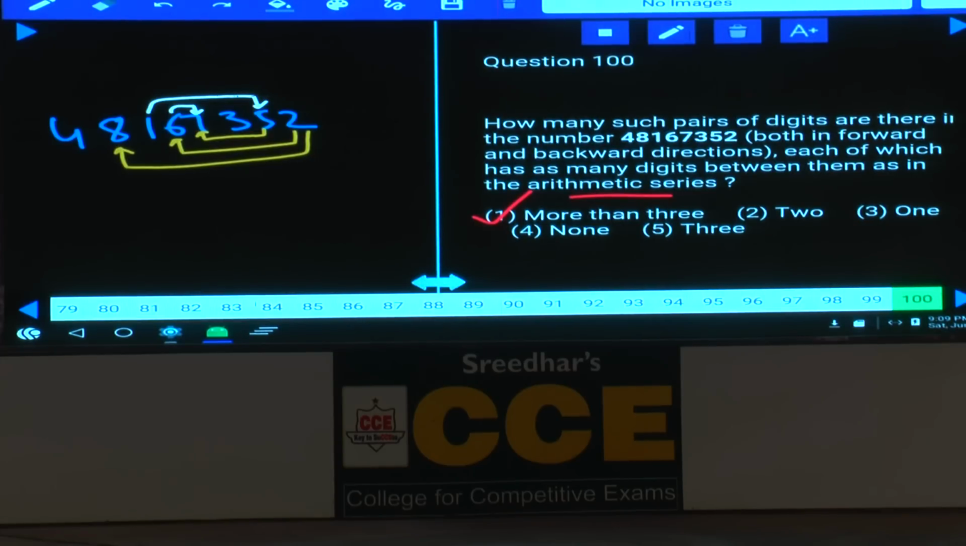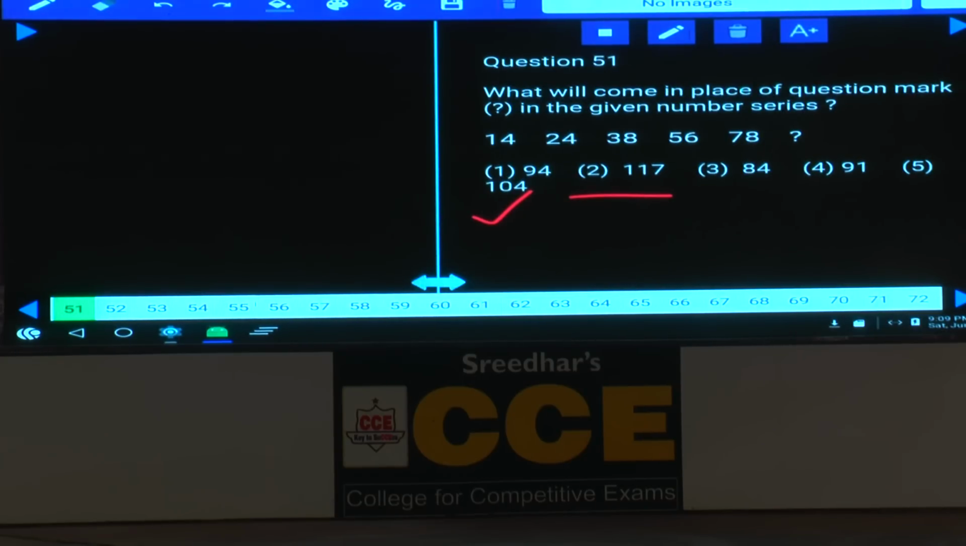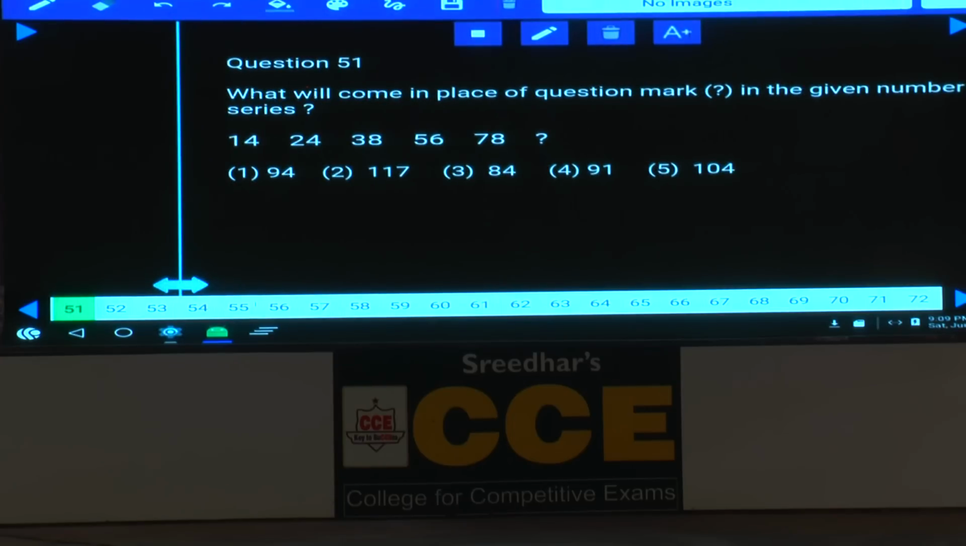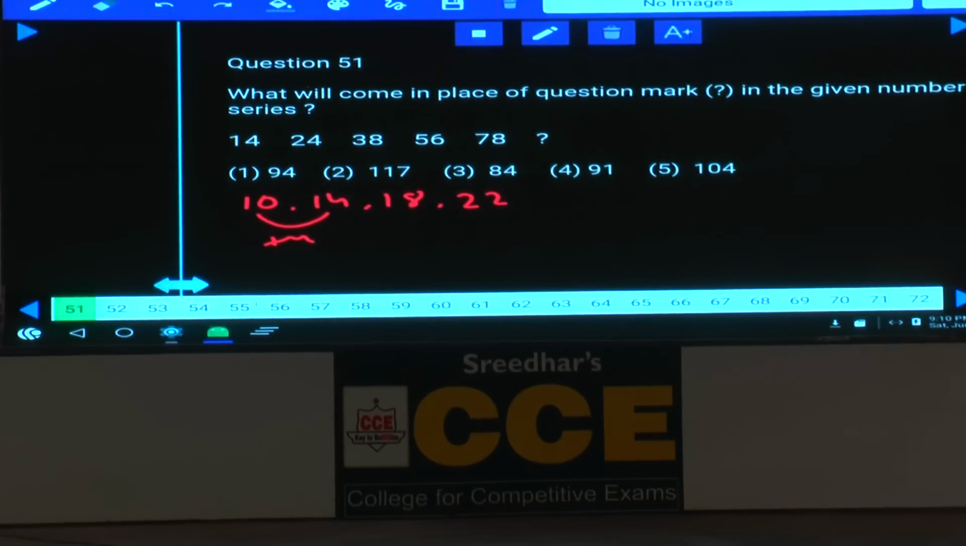Now these are number series, 51 to 55. Now 14 and 24, tell me what is the difference here? 10. 24 and 38, the difference between these two is 14. And the next difference, 38 and 56, the difference is 18. And 56 and 78, what is the difference here? 22. Now here these are the differences, 10 and 14, plus 4, 14 plus 4 is 18, 18 plus 4